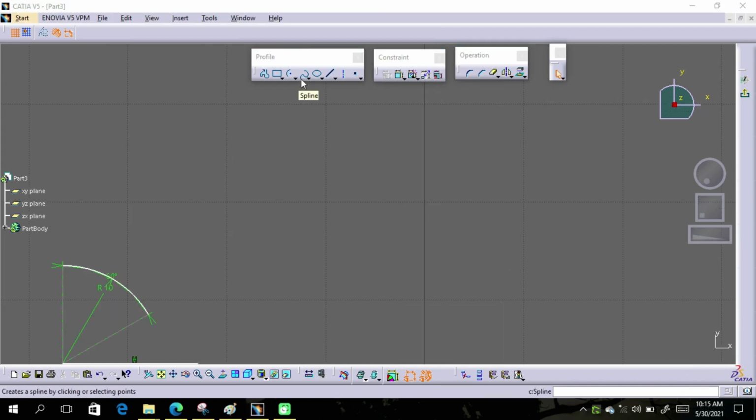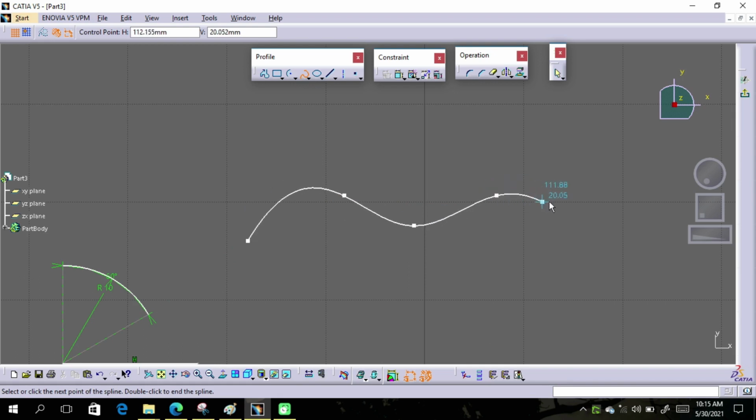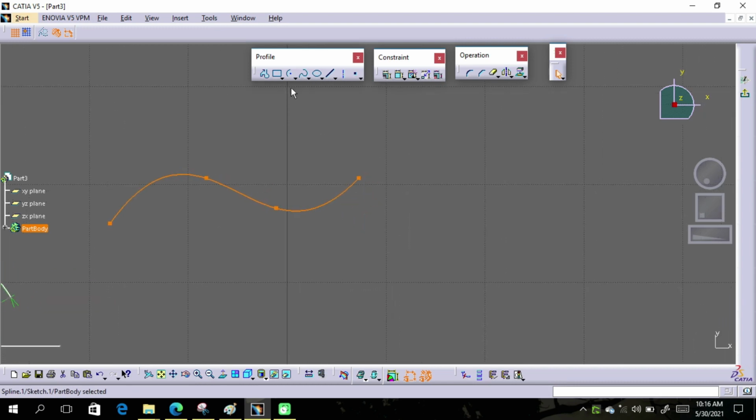Next is the spline toolbar. So activate this spline toolbar. Through this toolbar, just click the first point, give the second point and next point, and you can simply create a spline. These splines will help us to create curvy shaped bodies. Click on the tool again to drop the tool.